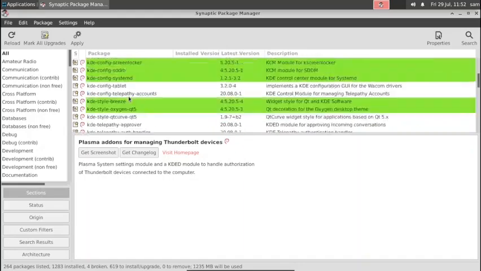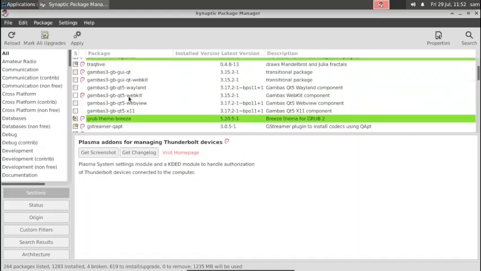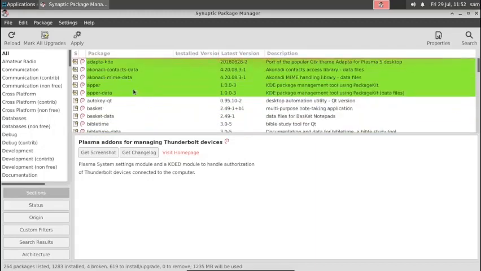So it will select the minimal package base which can work, and you can get a KDE desktop session working on your system. So now after the selection of the packages is done and you have checked once, or even twice or thrice, everything is okay, you have to apply